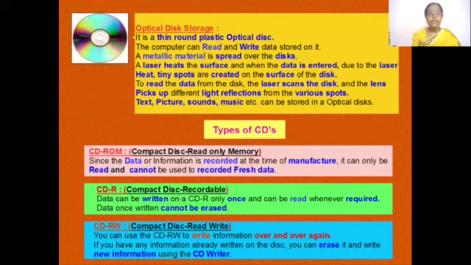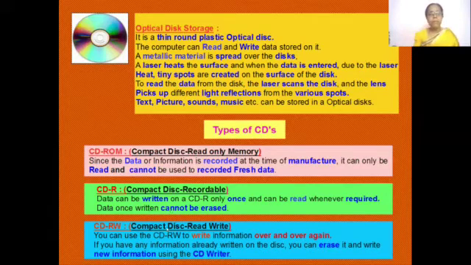The next type developed a little more, and then the CDR was manufactured. What can the CDR do? CD means compact disc. R means recordable. That means you can record anything on this disk. It's an empty disk. So data can be written on a CDR only once, but you can read it many times. You cannot erase the data once you have written so that you can rewrite. No, you cannot rewrite. Any data that is once written on the CDR cannot be rewritten.